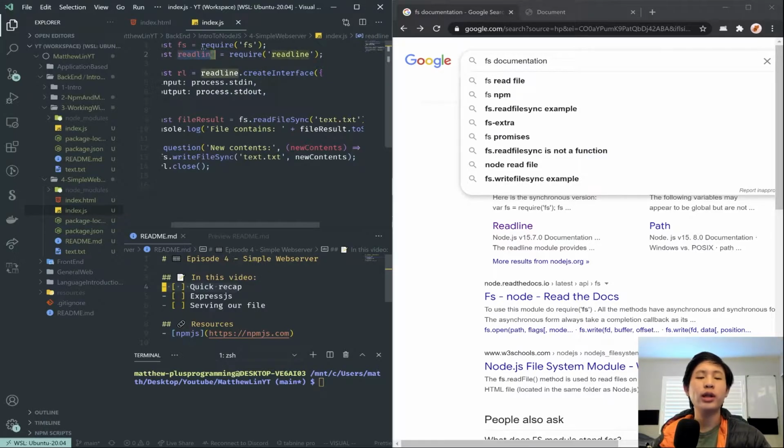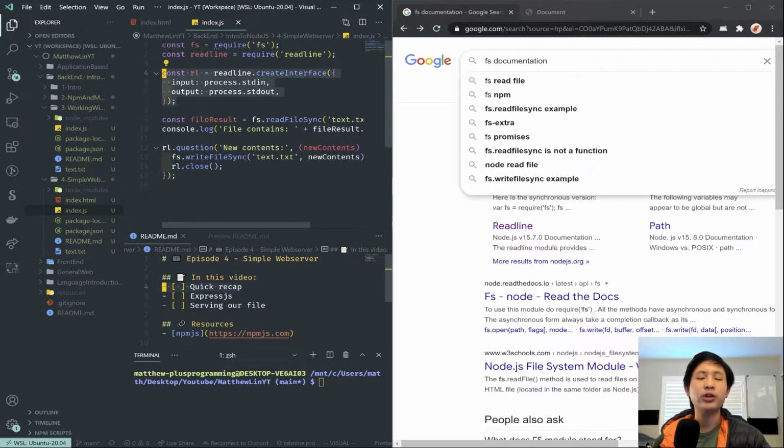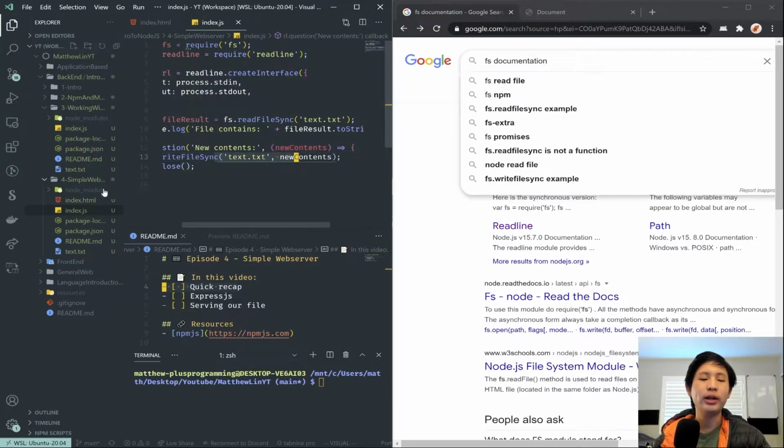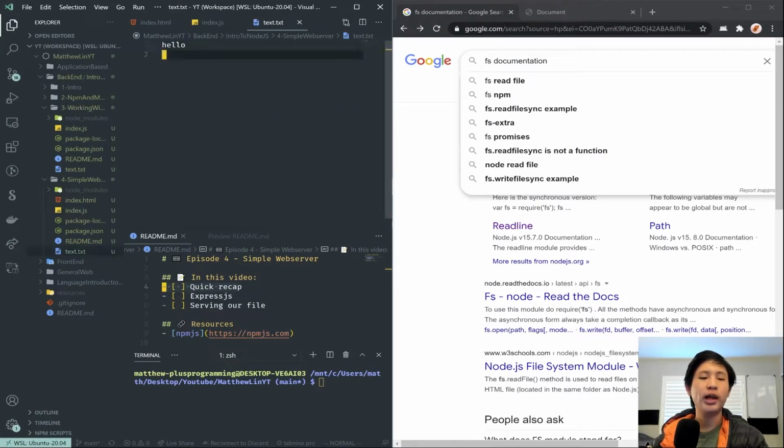And then we use the readline module, which is responsible for letting us use input in Node. This isn't super common because usually you won't be manually inputting stuff into your Node terminal. But for testing purposes, this is what we are using. That way I can show you the interactivity of Node. So we create a question, new contents, and then the user types in the new contents, and we overwrite it. So just a quick recap of how that works, we have hello in this text.txt,